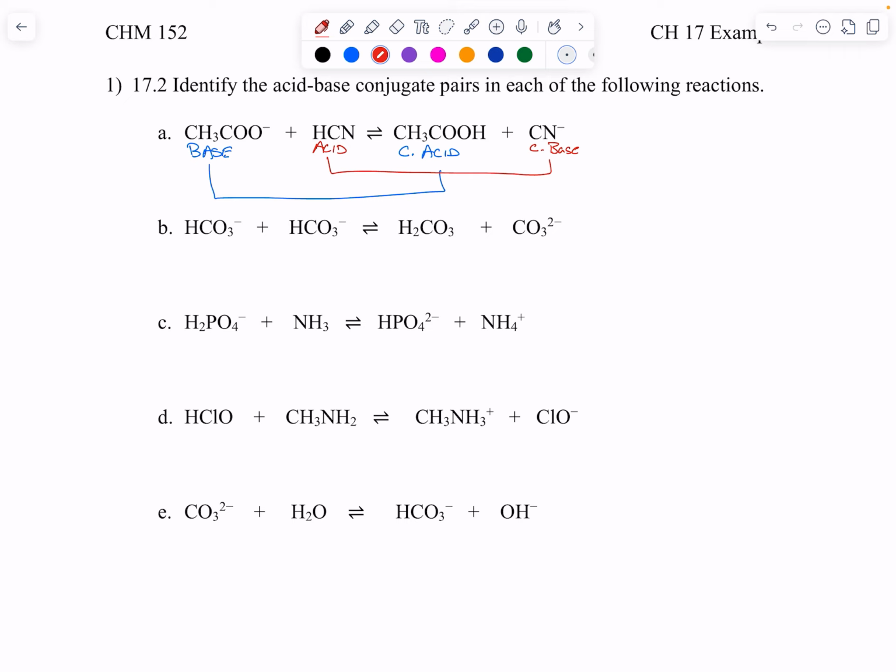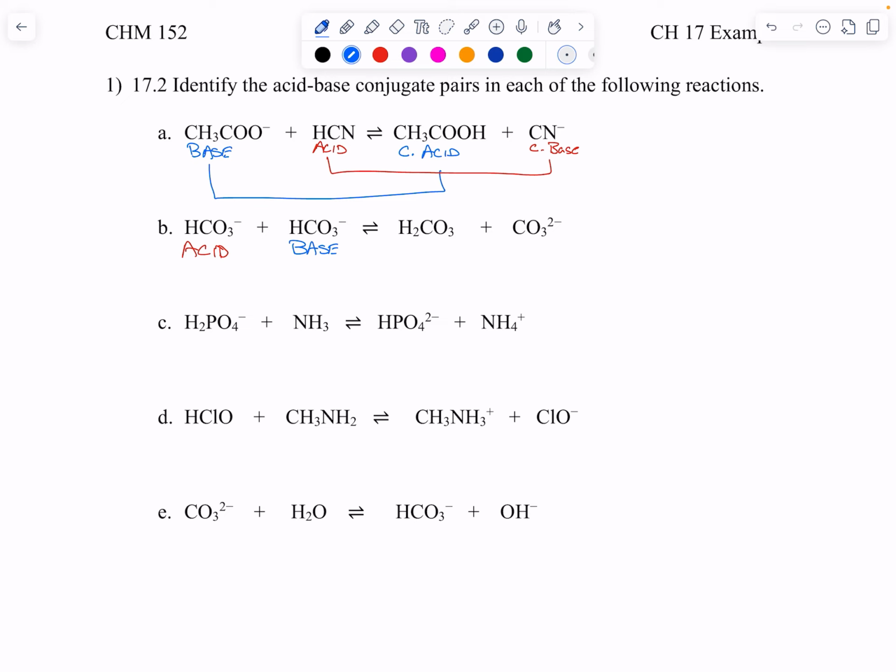B, well, looks like we got the same species here. So one's the acid, one's the base. Doesn't matter which one. Acid. And then the other one would be the base. All right, so that means on the other side, what's the thing? What we got? Well, if